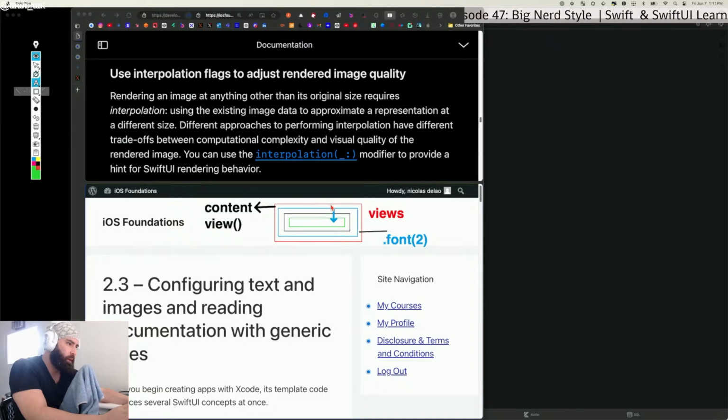So red would be the parent of all of these. Blue would be the parent of black and green, right? But you do have the option of negating this font 2 that's coming from the parent if you apply it to a child. So if you wanted to have font 2 on blue, black, but not on green, then you can